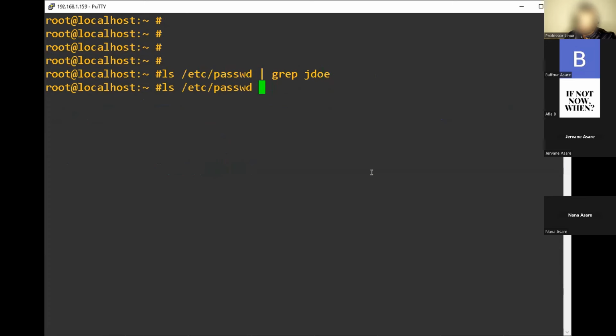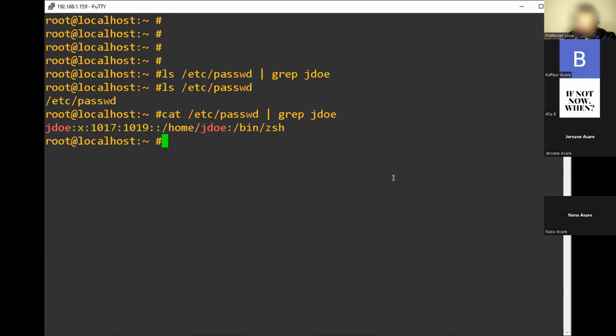Let's double check really quick, see if I did it correct. Actually, I'm okay, not ls. I have to cat it because it's a file, not ls it because it's not a directory. And then we do JDoe. As you can see here, this is his shell,